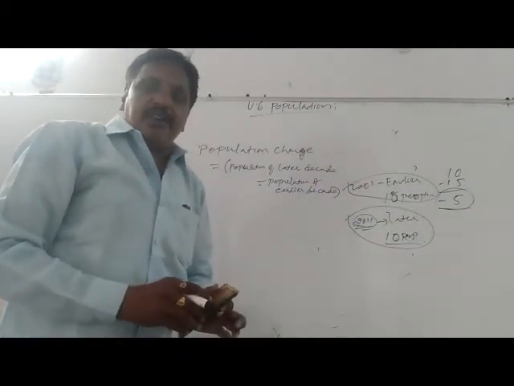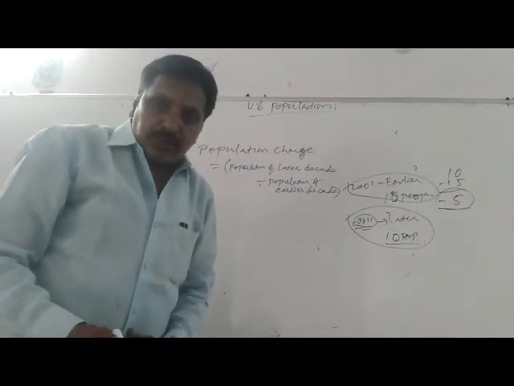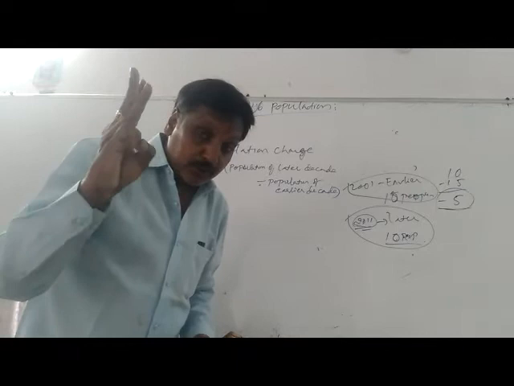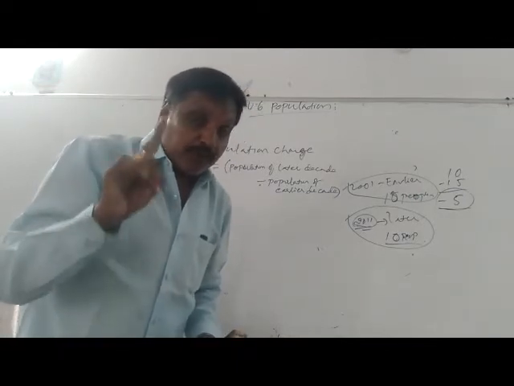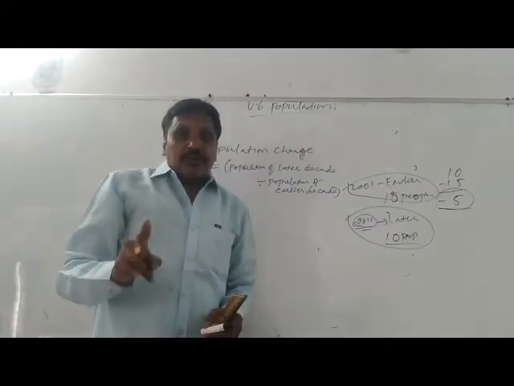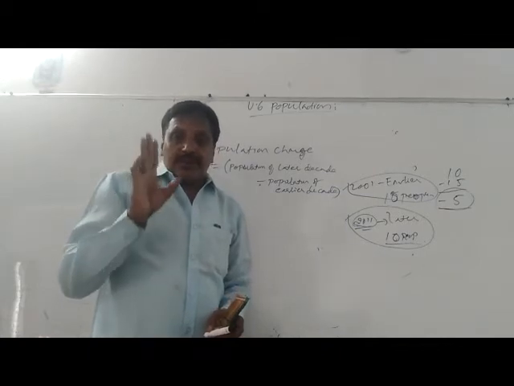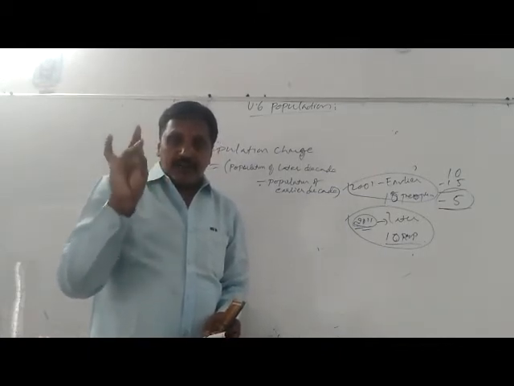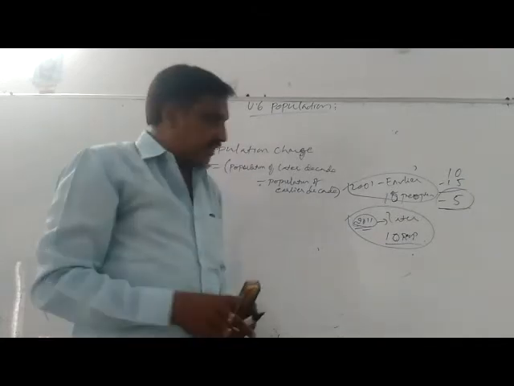Generally, how is population change counted? We take three factors. What are the three factors that show their influence upon population distribution and population composition, the numbers of the population? Birth rate, death rate, migration. Three things already explained, right?